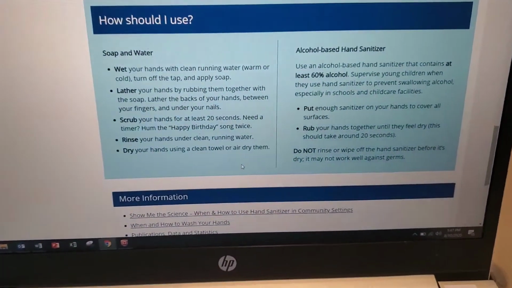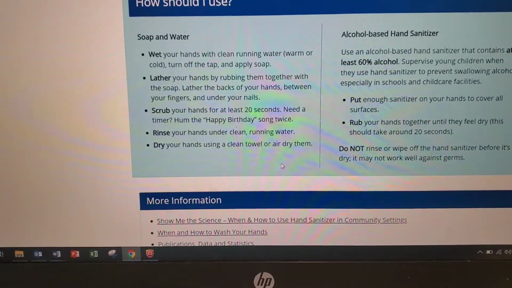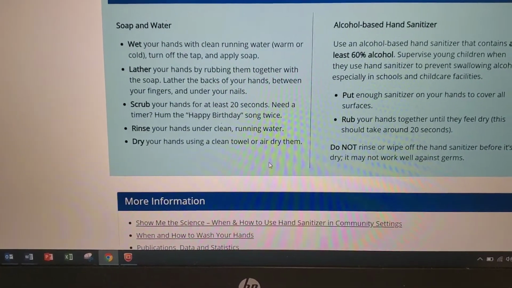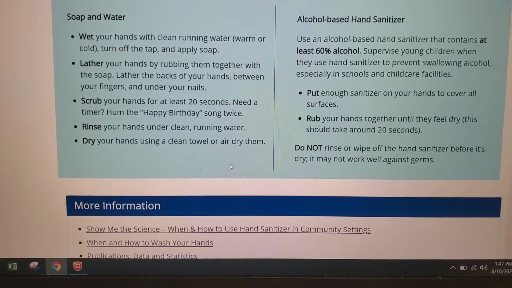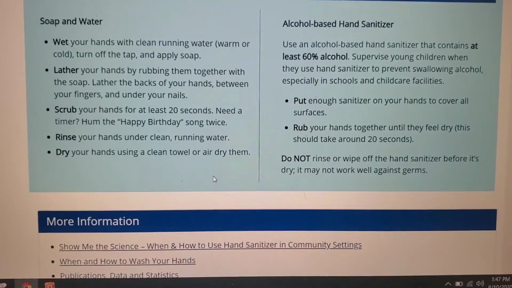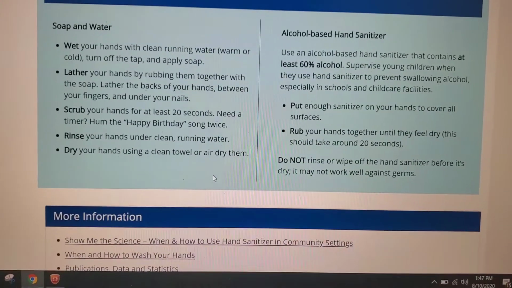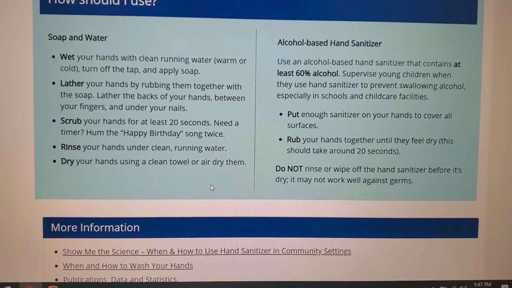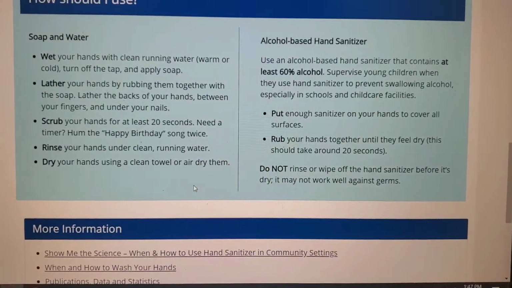So you'll want to lather up your hands pretty well, and then between your fingers, your nails, any place on your hands, you want to be able to scrub. And then you can wash your hands for about up to 20 seconds. Longer is better. And then rinse your hands, and if you're able to dry them on a clean paper towel or anything like that,